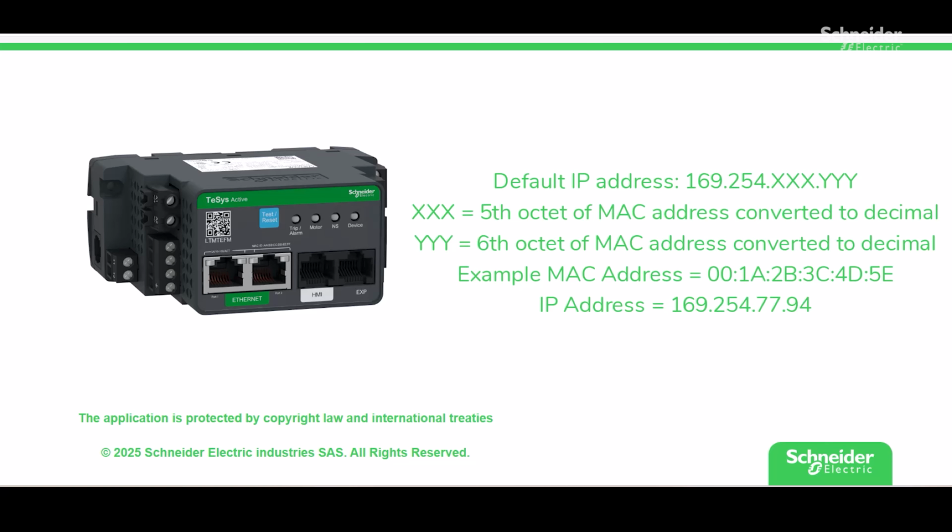Then the last number is the last octet of the MAC address converted to decimal, which in this case is 5E converted to 94. So the default IP address of the device there with 001A, 2B, 3C, 4D, 5E MAC address would be